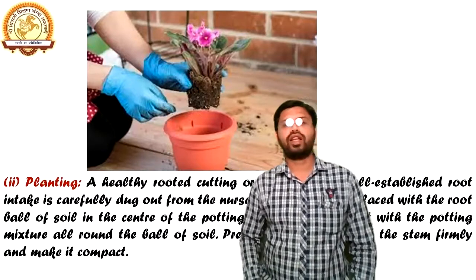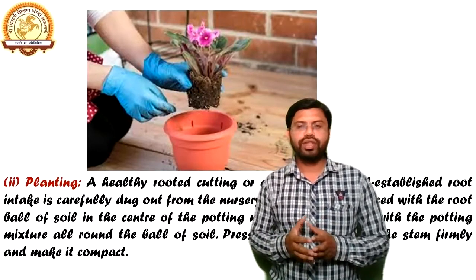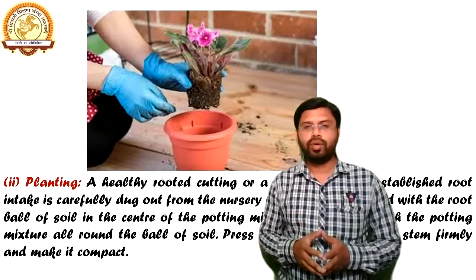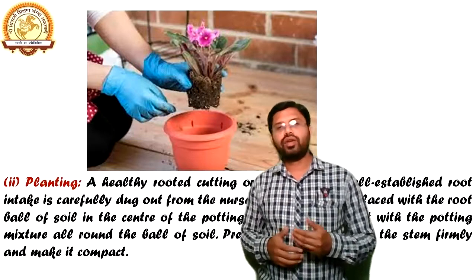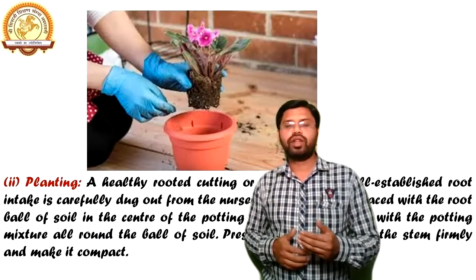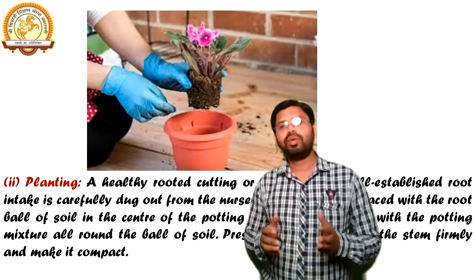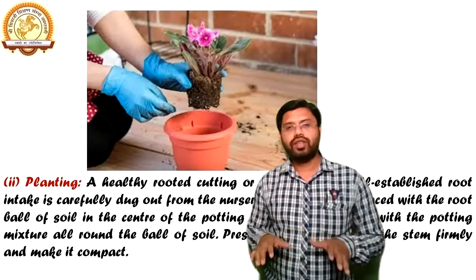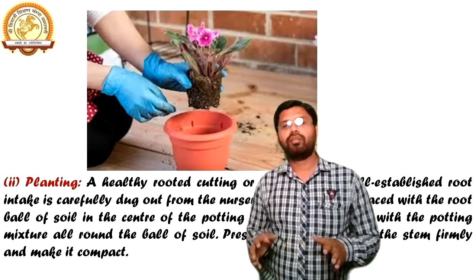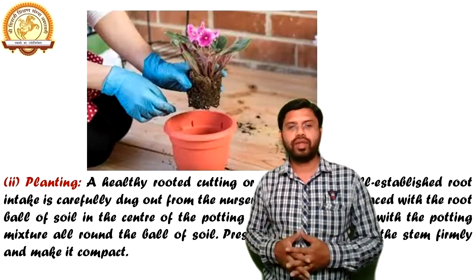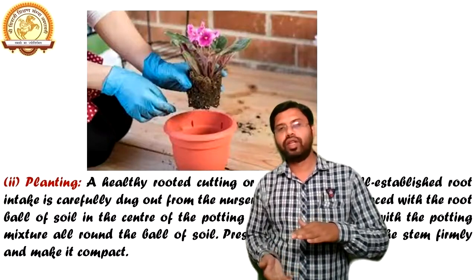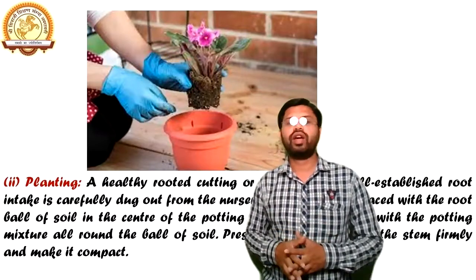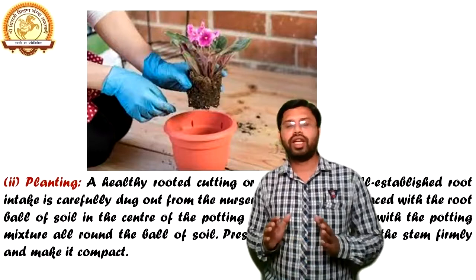The second thing is the plant. Now we already have a seedling. This seedling we have to keep in the soil that we have already put in the pot. The plantation should be done very carefully, and it must be potted at the center of the pot so that the area around the plant has the capability for root development. The height of the plant from the base of the pot should also be adequate.